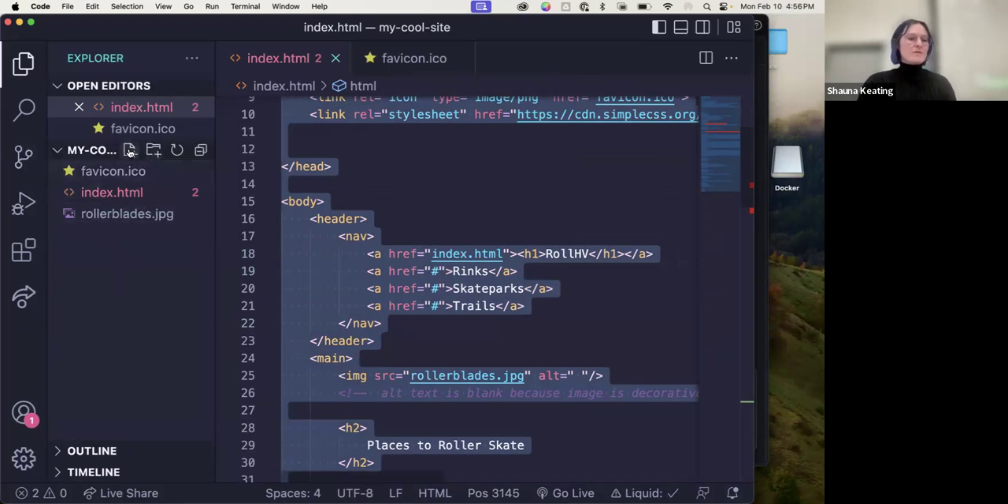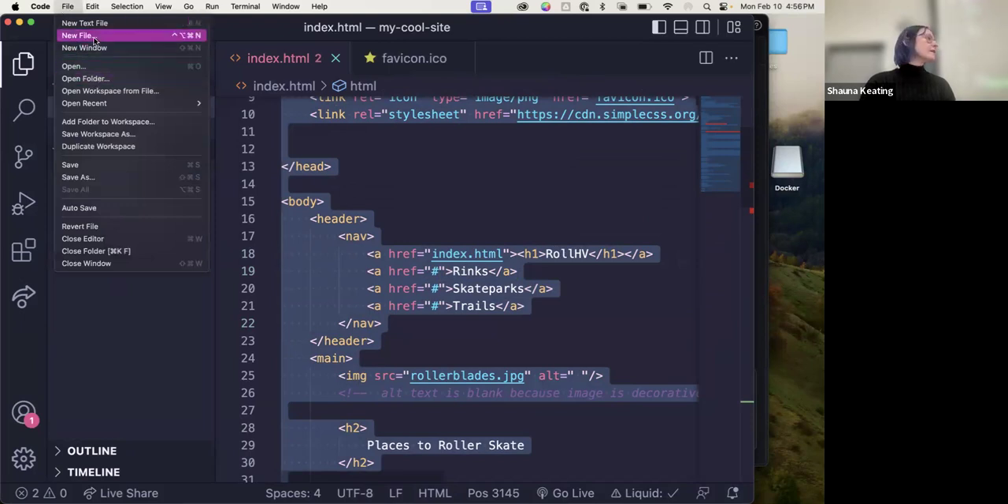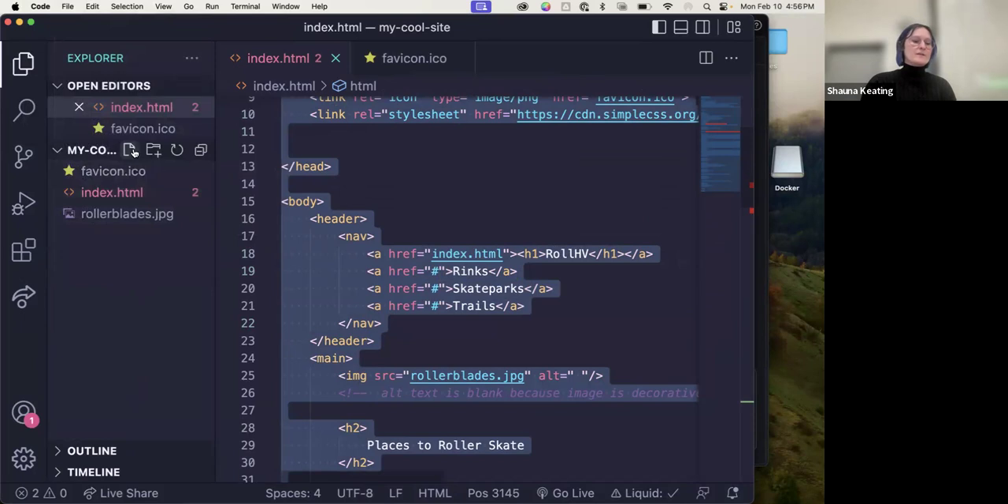Then I'm going to go over here and say new file. I can also do this from File in the menu bar at the top if you like that better, because there's weird little icons in VS Code. And now what I'm going to do is make